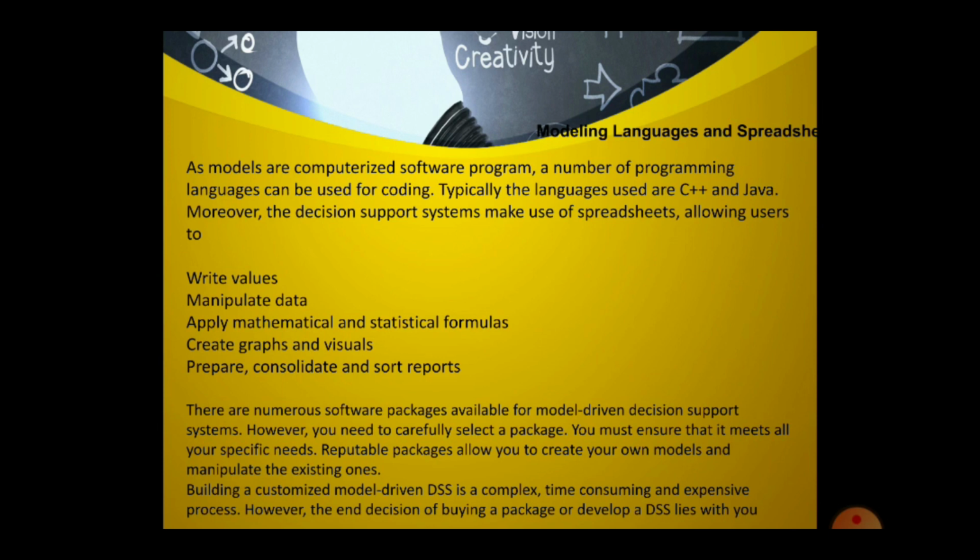Reputable packages allow you to create your own model and manipulate the existing ones. Building a customized model-driven DSS is a complex, time-consuming, and expensive process. However, the end decision on buying a package or developing a DSS lies with you.